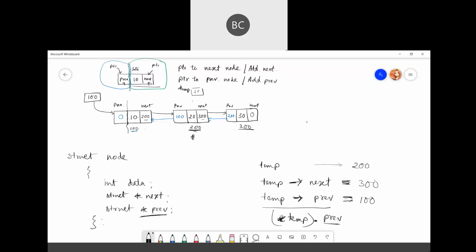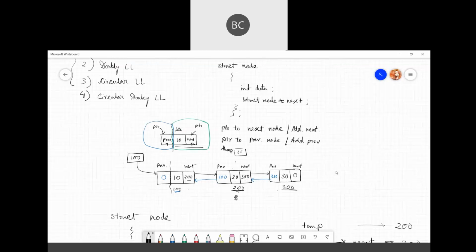The only disadvantage is that we have to maintain two pointers here. In a normal singly linked list, there is only one pointer. That means it is taking extra space to store the pointer for the previous node. So one extra pointer is required here. Okay, so that is the doubly linked list.